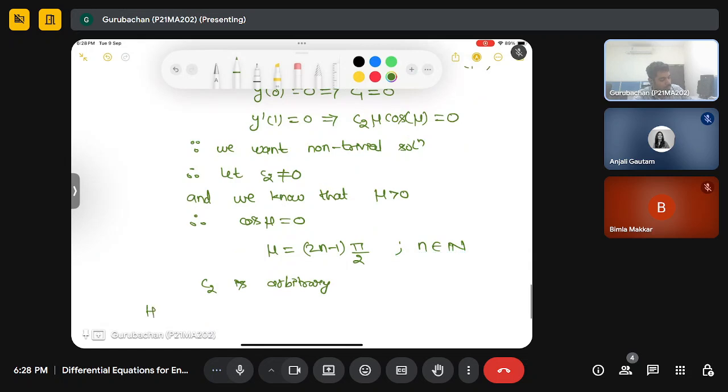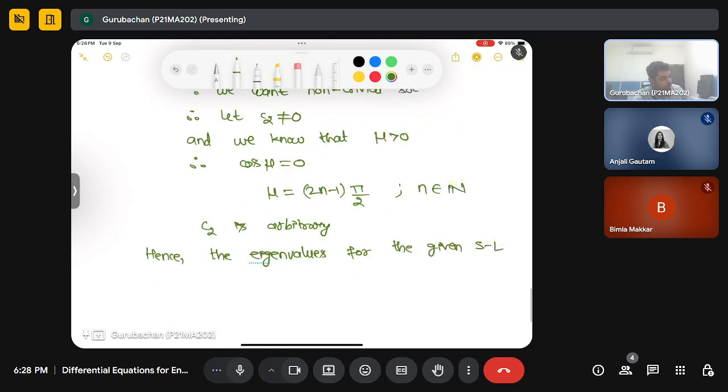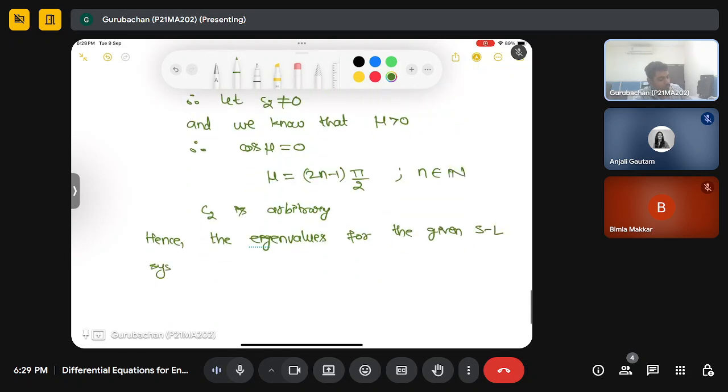Hence, the eigenvalues for the given SL system